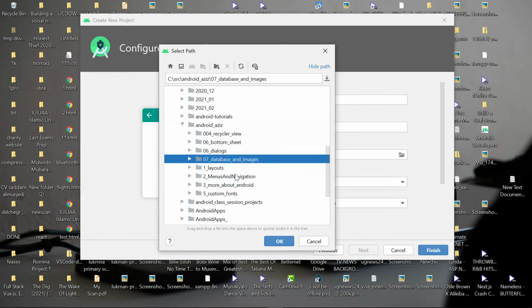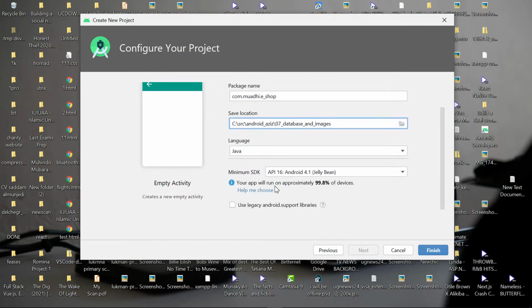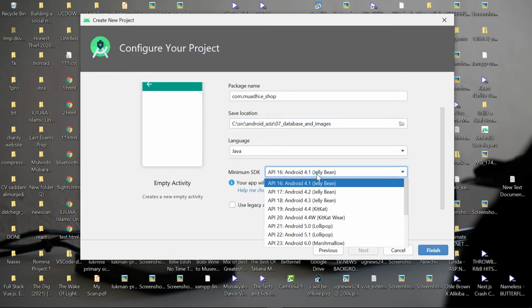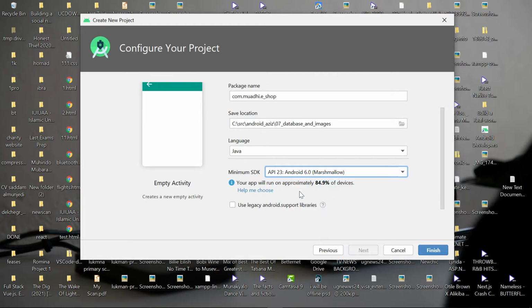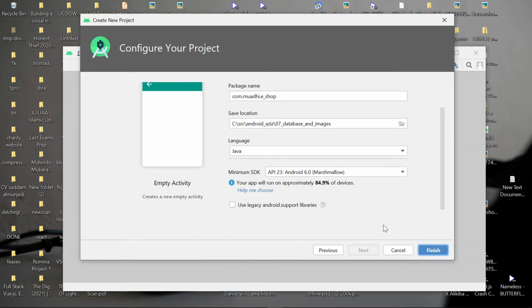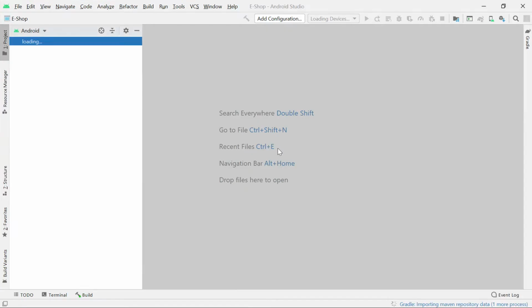I'll say okay, then come to this one and select it, and keep everything the way it is here. I can come here and make the minimum SDK Marshmallow, which is okay, and then I click on finish. Did I start recording? I click on finish, and it starts creating the application for us. As it is creating the application, let me prepare other things. As our application is indexing,